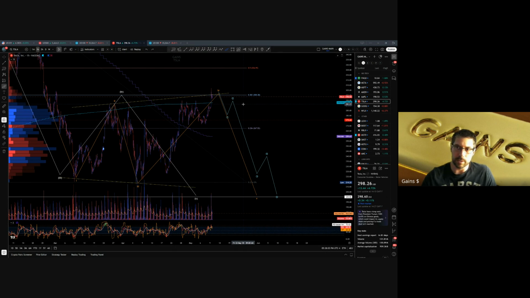What else you want to look for is something like a head and shoulders pattern. If you do see something like this, you could get a really good entry closer to 300, but with more confirmation that you're actually going to see this sort of decline afterwards. So that's what I'm hopefully looking for, because the portfolio is very heavy short, and I don't want to add more if there doesn't look like a good confirmation that it's time to head back down, if that makes sense.